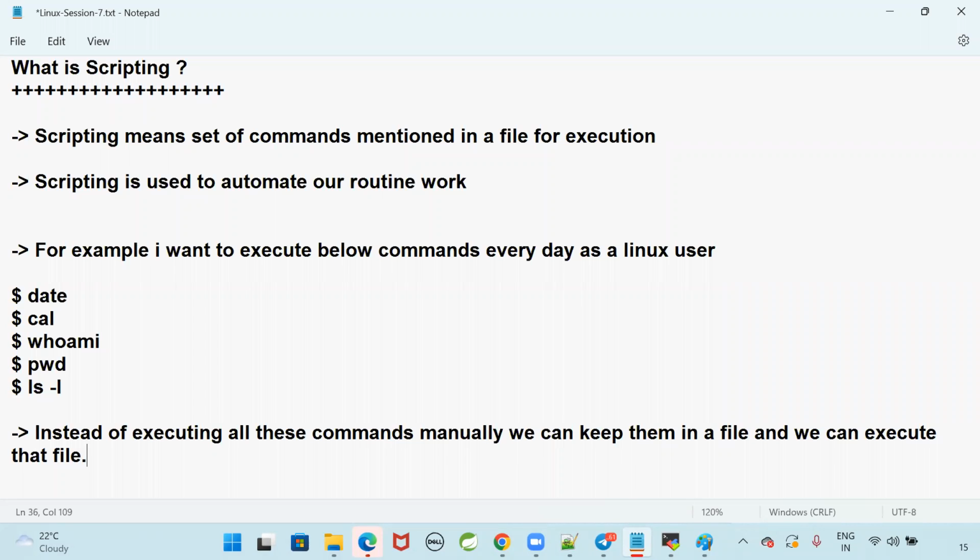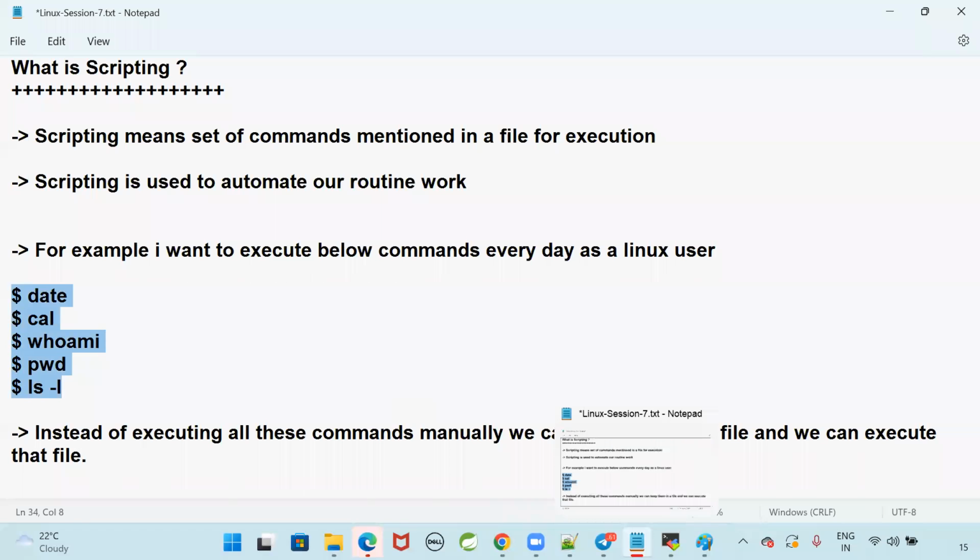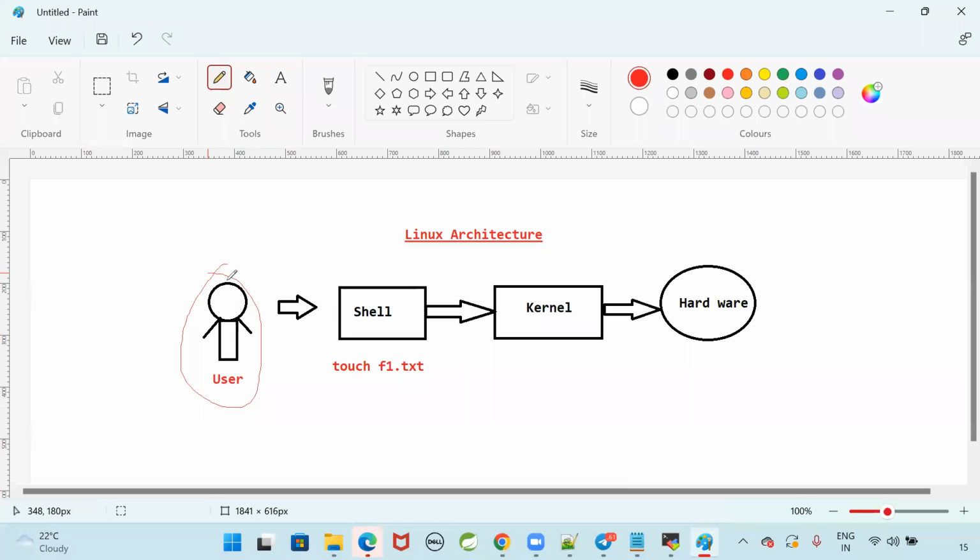For example, I want to execute the below commands every day as a Linux user. Like date, cal, whoami, present working directory, ls -l. So these are a set of commands I want to execute in Linux. So when I execute these commands, what is happening? Whatever commands I'm executing in the terminal will be taken by the shell. The shell will verify my command syntax. Is my command valid or not? If the command is valid, then the shell will talk to the kernel,